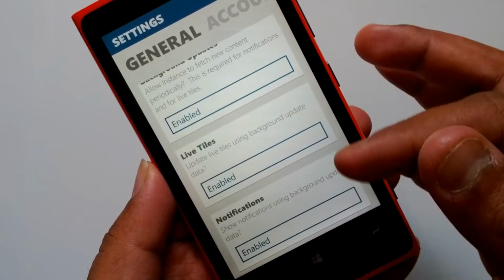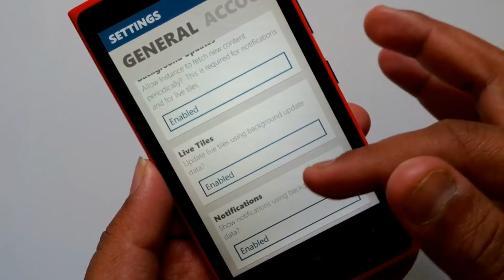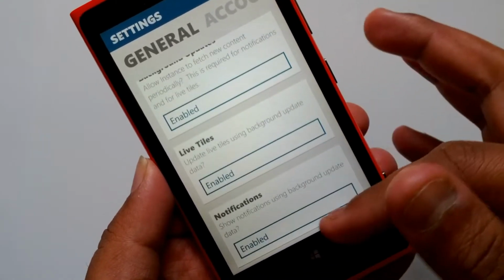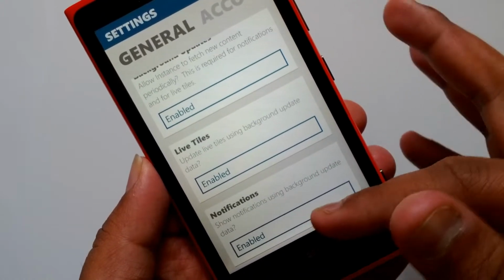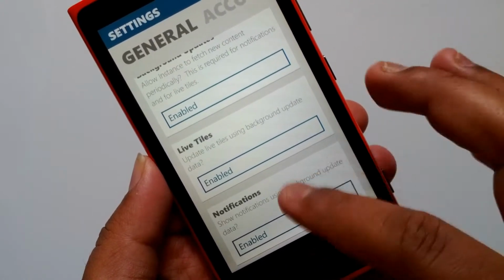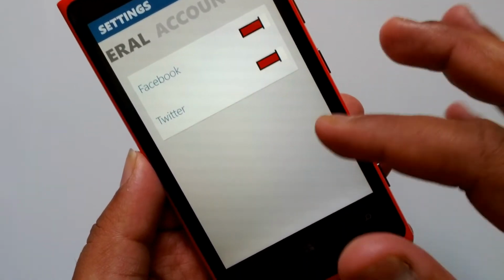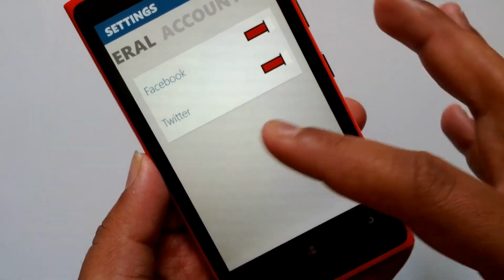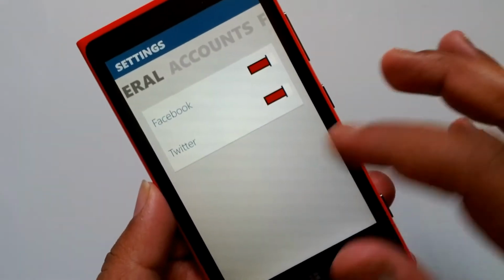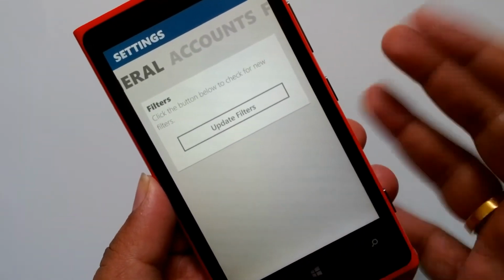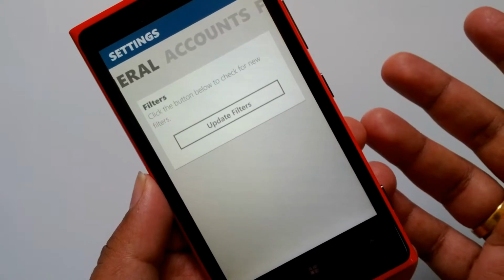Then live tiles: update live tiles using background update data. That is enabled. Then notifications: show notifications using background update data, so that's also enabled. Then you have the accounts. As I said before, you need to authenticate Facebook and Twitter to access them or share to their respective sites.